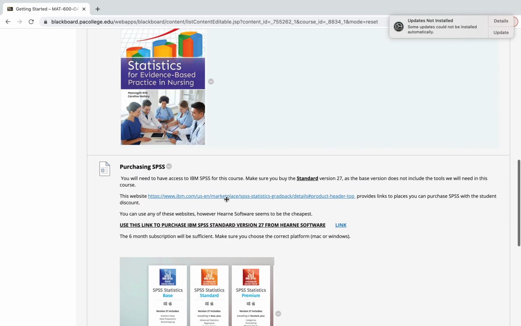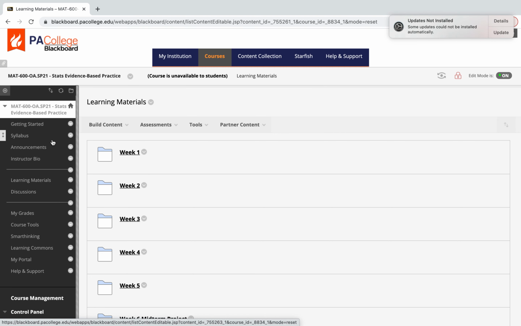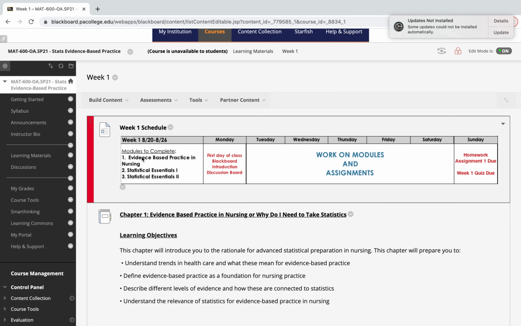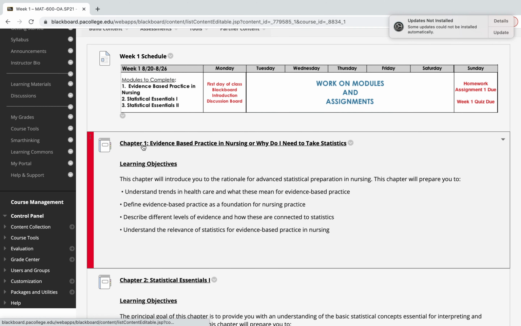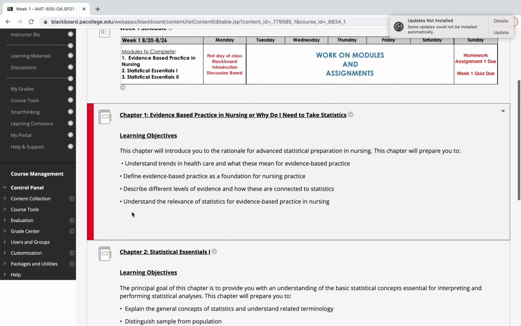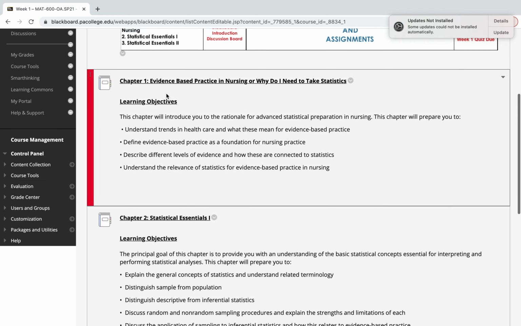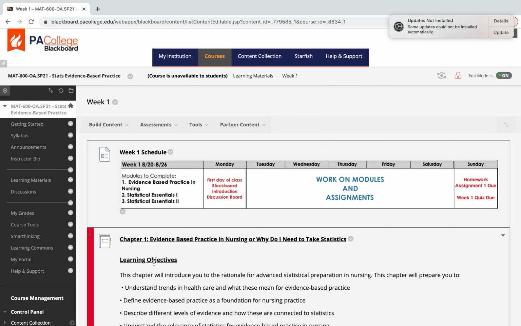So once you've gone over all of this information, you can go into learning materials. This is where all of the information for your course will be. So it's split down into weeks. So I'm going to go into week 1 to show what you're going to do the first week. Up at the top again has that course schedule, so you can see what's due this week. And we're going to click on this. It will be each section, so chapter 1 of your textbook, chapter 2 of your textbook, and chapter 3 of your textbook. So if you click on this, this will give you all the information you need for the first chapter. So if we go to our first chapter,